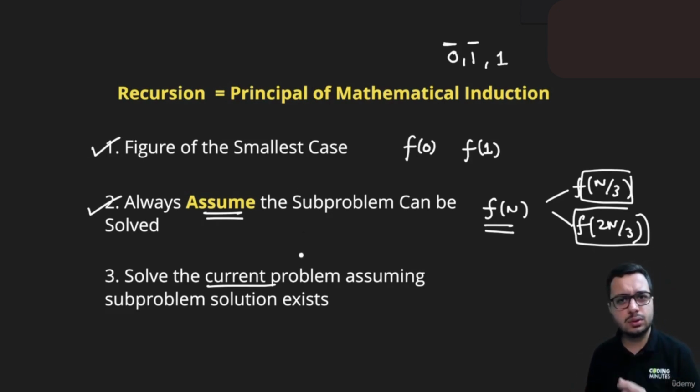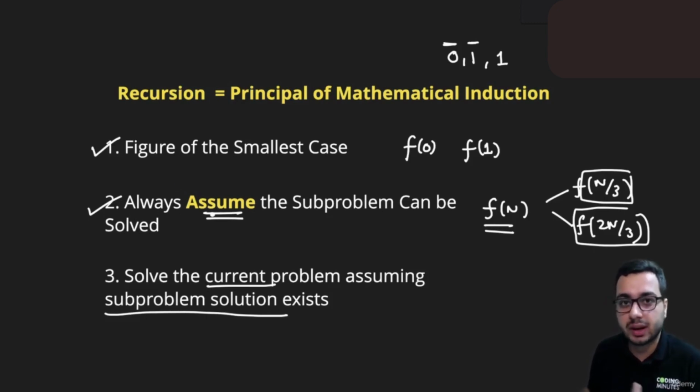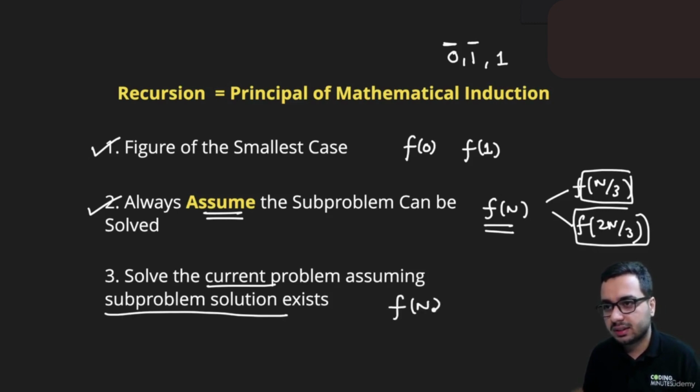So once you do this, your code will work fine, and you can also verify and think why your code works. So you have to solve the current problem assuming the sub problem solution exists. This is our assumption, but it will actually work, and we will prove why it works. So let us assume that f of n minus 1 is true, and using this we will find out what f of n is in terms of f of n minus 1,